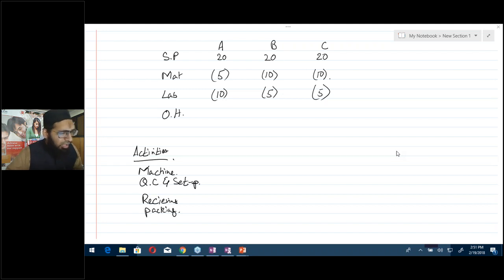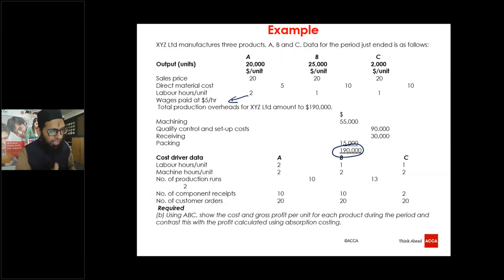One of the students has requested me, sir, can you please solve it on Excel so that we can understand how to solve these types of questions on Excel? Sure I can, but why I'm doing it on a page is because